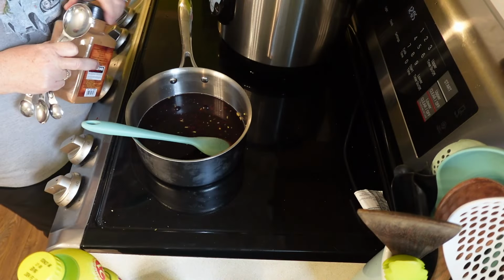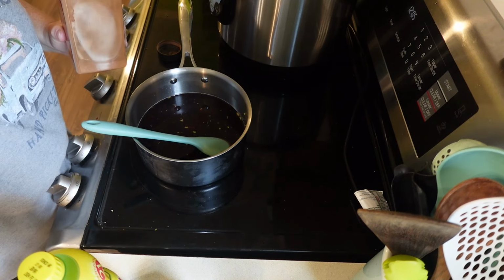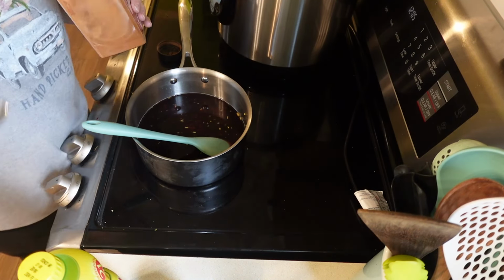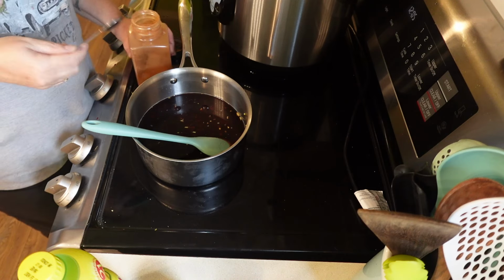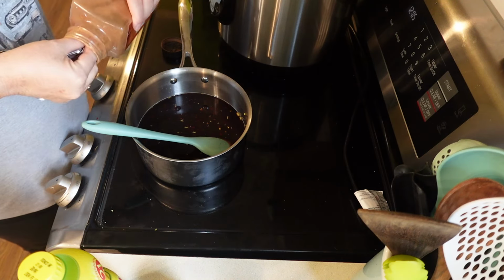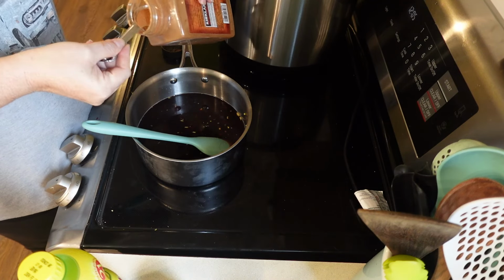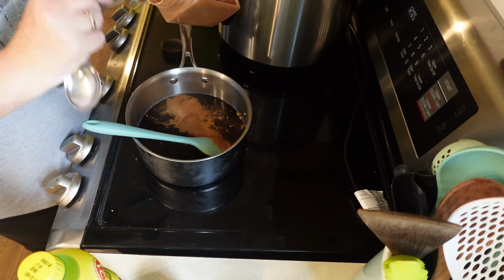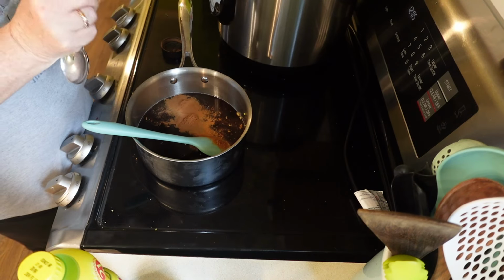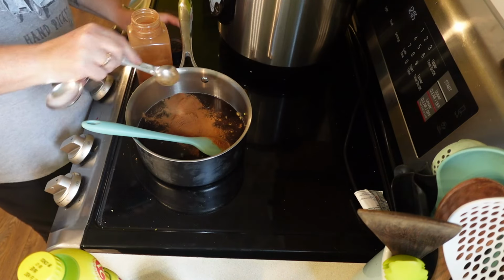So this is to taste. I'm going to share with you the way we like it. It's kind of a mismatch of several recipes, so I will definitely share them with you. So we are going to add, if I can get it out, I guess I got to get some cinnamon. 1 teaspoon, 2 teaspoons, 3 teaspoons of cinnamon,